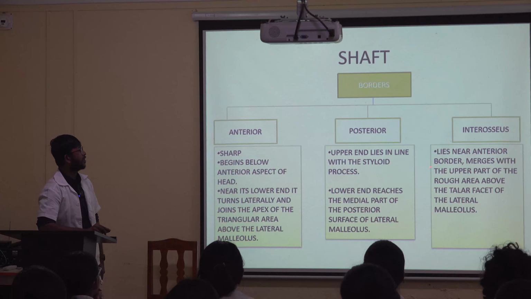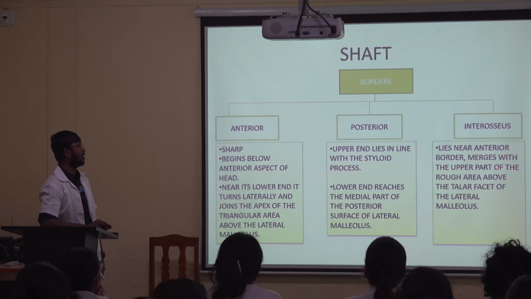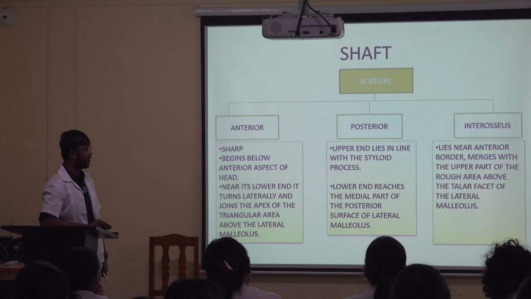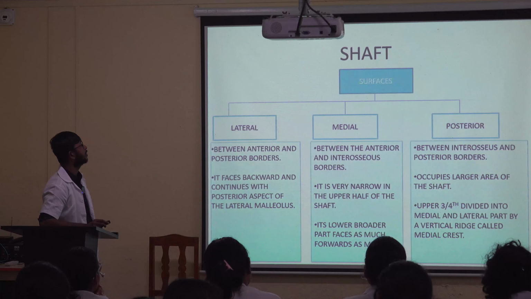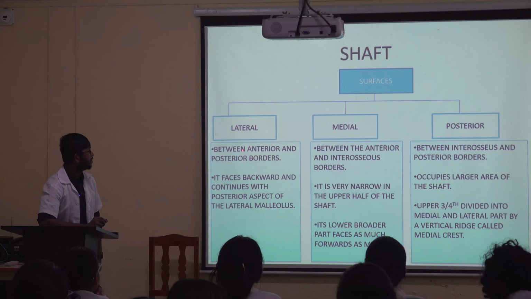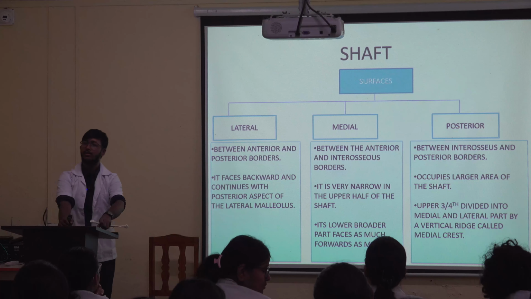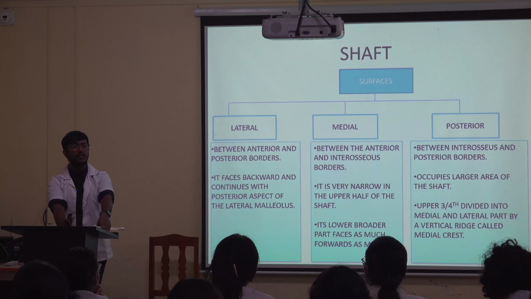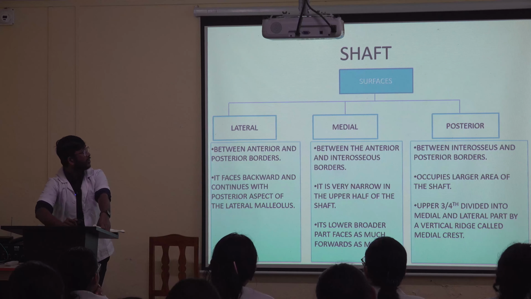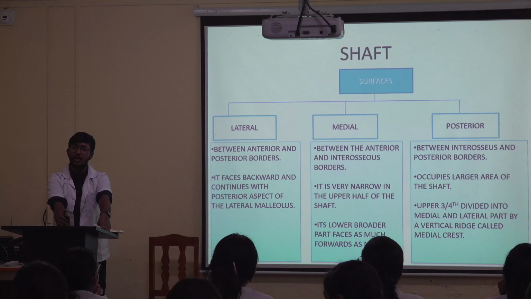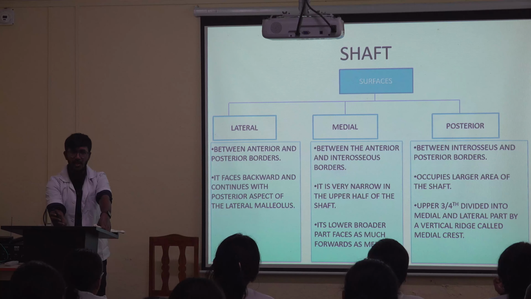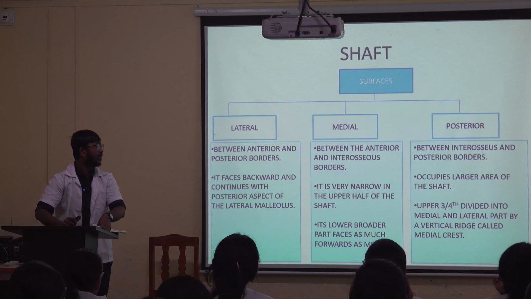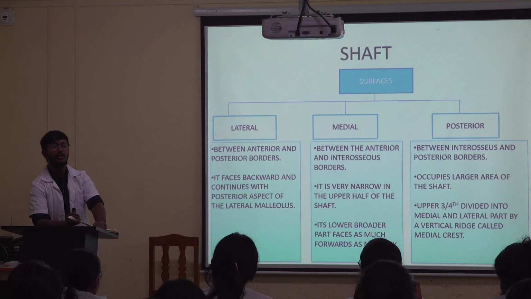Then the interosseous border lies near anterior border, merges with the upper part of the rough area above the talar facet of the lateral malleolus, as I have already shown you. Now the surfaces. So the lateral surface is formed between the anterior and posterior borders, and the medial surface is formed between the anterior and interosseous borders, and the posterior surface is formed between,